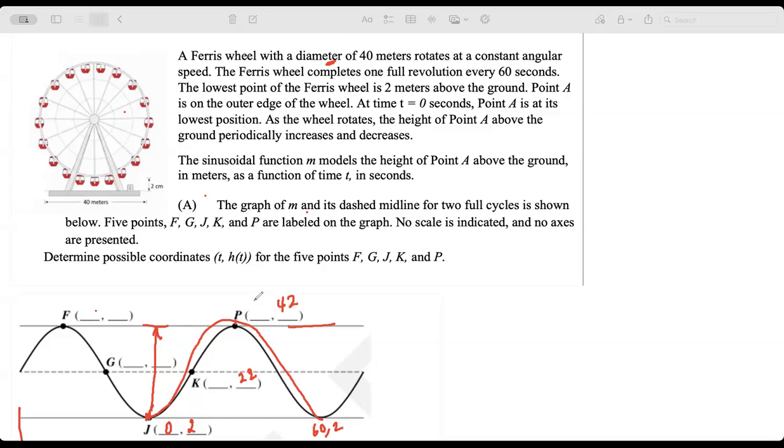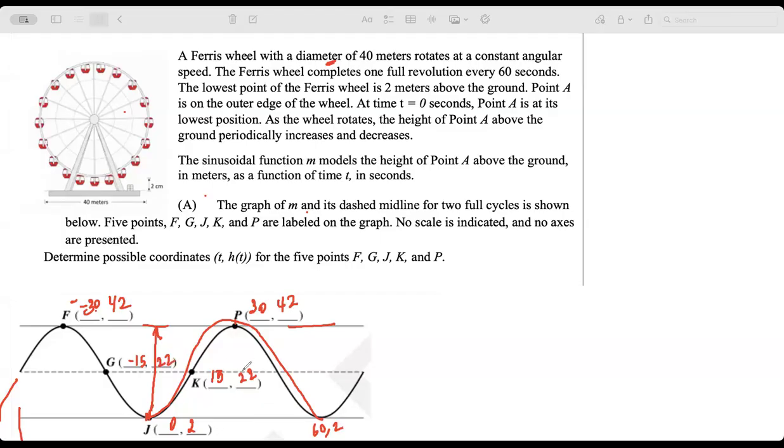So what should this be? This is 30. This is 15. You can have this as minus 15, but if you're not going to have negative values of time, then you have to calculate it accordingly. You can make this 60, since 60 is one revolution. Then you can make this 60, 2, and extend this, that will be 0, 2, and this would be 30. You'll have to change everything, but I'm going to do this as 0, whatever is exactly given. If you don't want negative time, then you have to increase every x by 60, because that's the cycle time. This is minus 15, and then you have minus 30, 42. This is again 22.